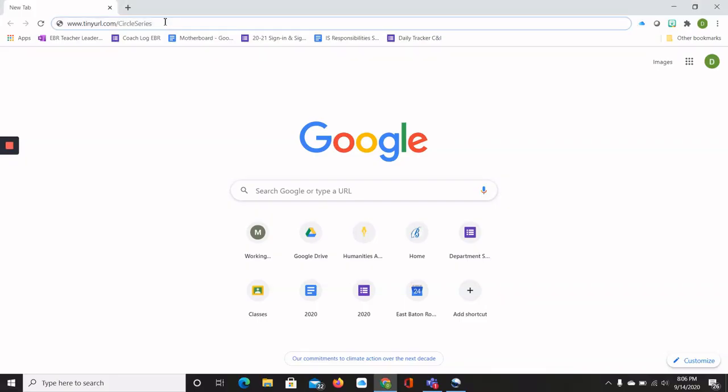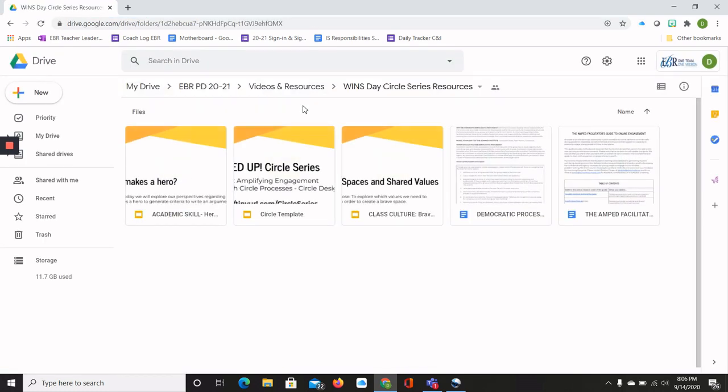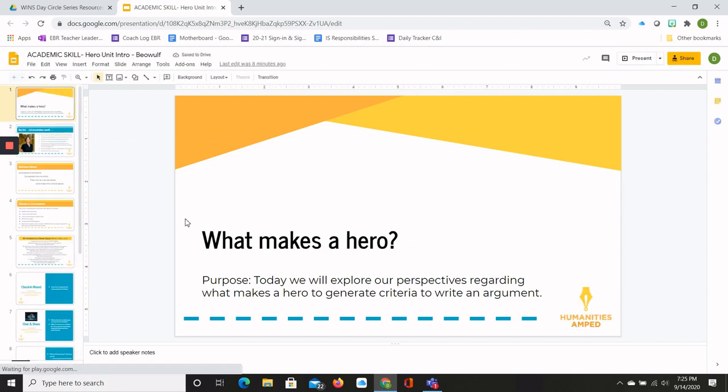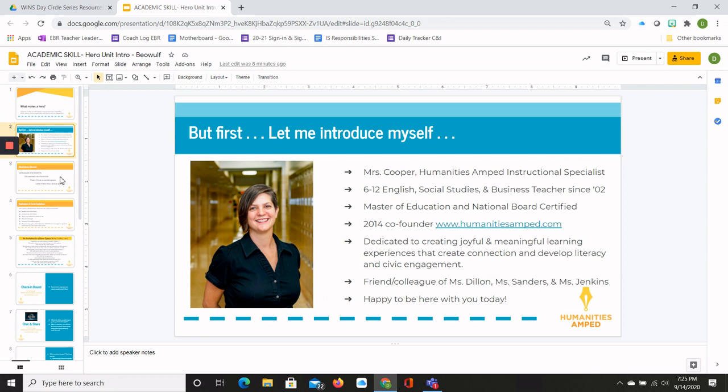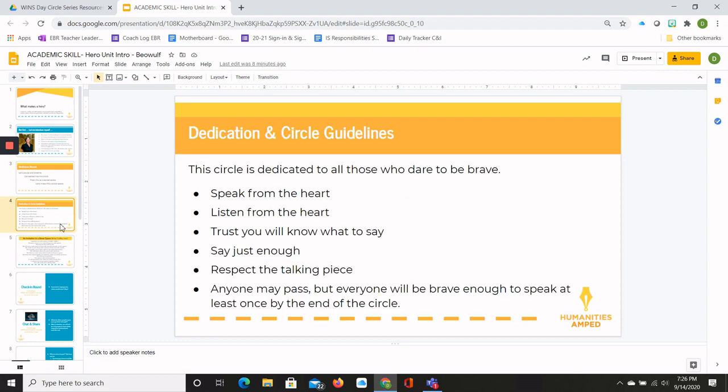So now we're going to explore the resources that are in the folder that you can access through your tinyURL. This circle is a model that incorporates academic skills. So this particular circle, I modeled this lesson in a class for a teacher, and I will be using that video to create future PDs for this series. But I want you to see that it's got